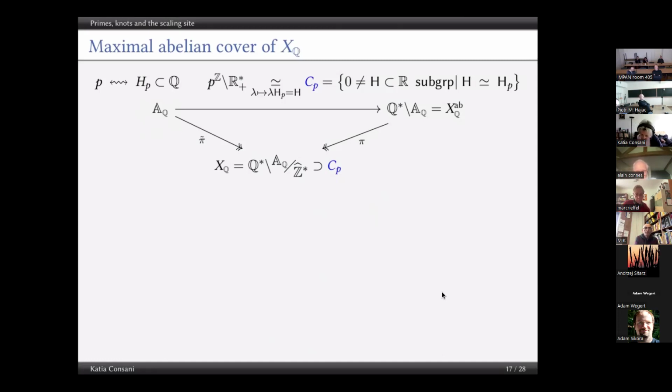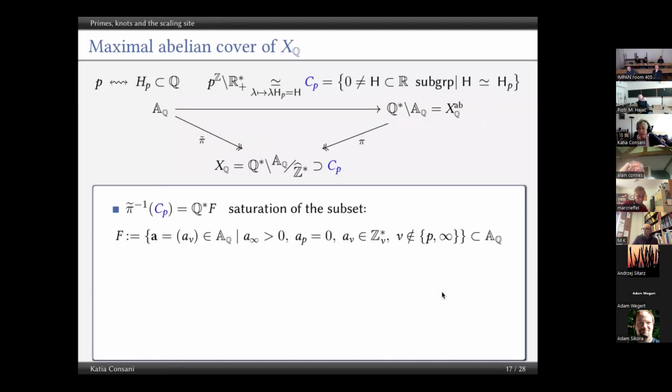So we have the scaling site here, in which each single orbit attached to a prime is naturally geometrically inserted. And then there are these two projections. There are the Adeles, obviously at the top, but then you can mod out by Q star and reach the Adele class space. This is what we think of as the maximal abelian cover of the scaling site. It's not just what we think, it's motivated by class field theory as the maximal abelian cover of the scaling site. And so